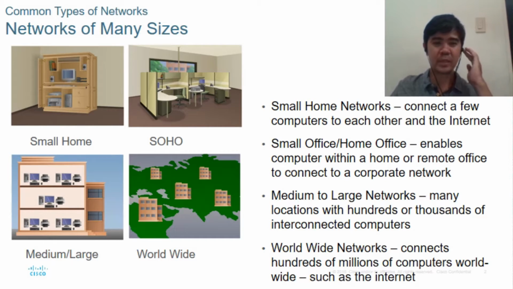The reason why Cisco categorizes this is because, again, what we are dealing with here are network devices, and it is very important for you to know that there are network devices that cater for a small home, network devices for SOHO, and for a medium, large, or enterprise network. For example, a pocket Wi-Fi from Globe or Smart Bro is considered a network device for a small home.